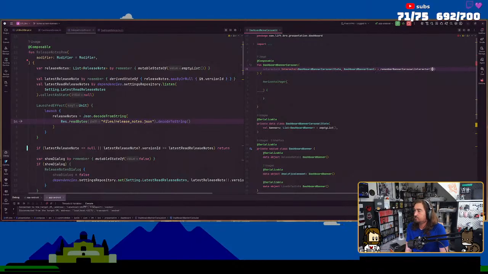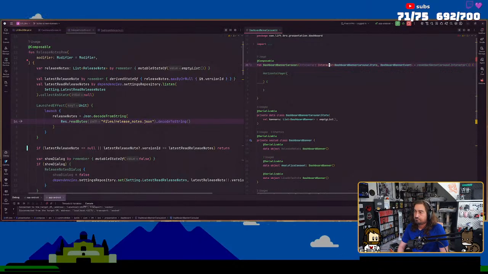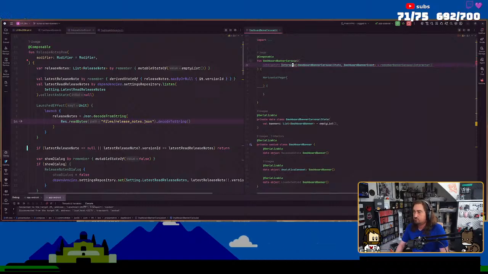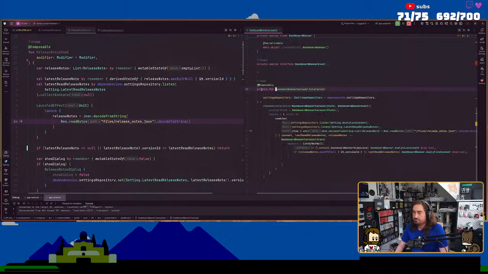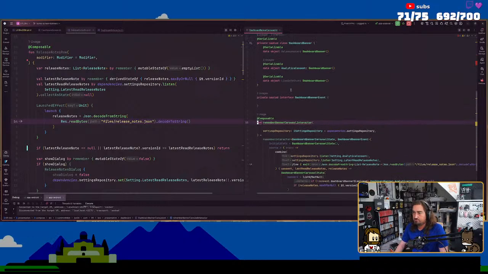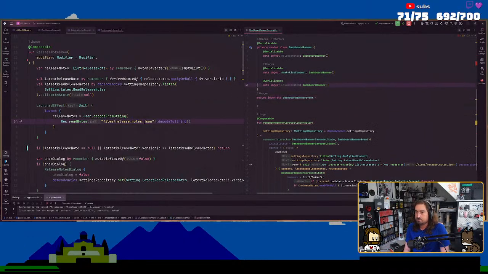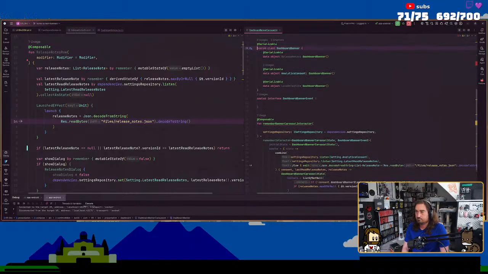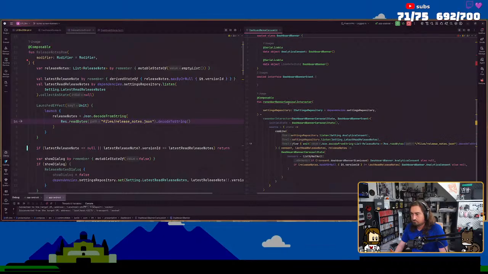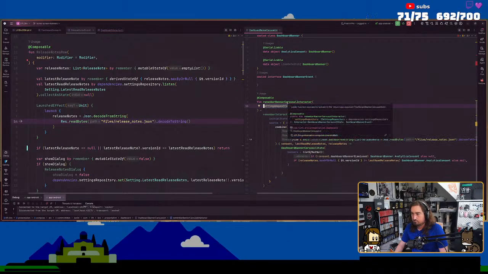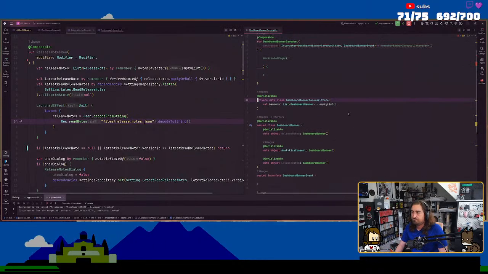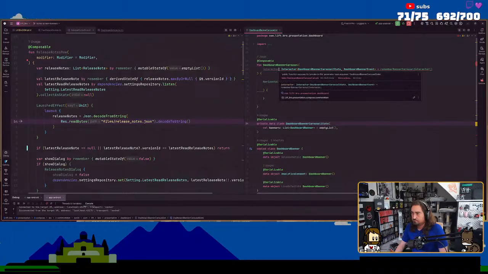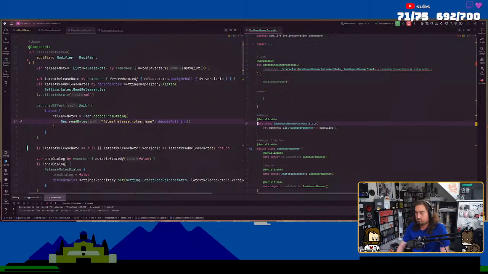Oops, remember that interactor. Why did that happen? Oh, right, it's private in file, so I can't do that, which means I probably can't make any of these. Dashboard carousel state. Dashboard, wait, why? There we go. Okay, so now we have the interactor.